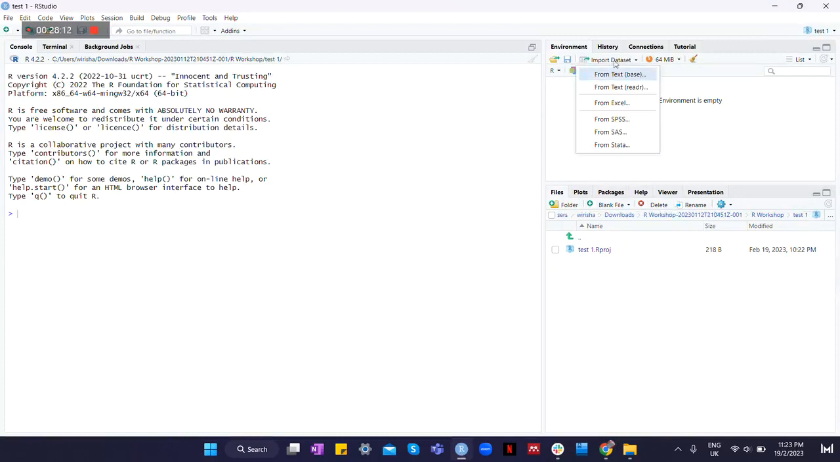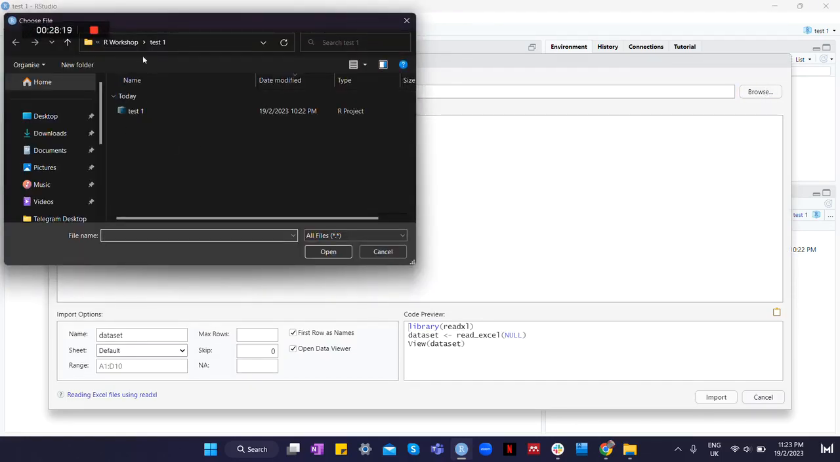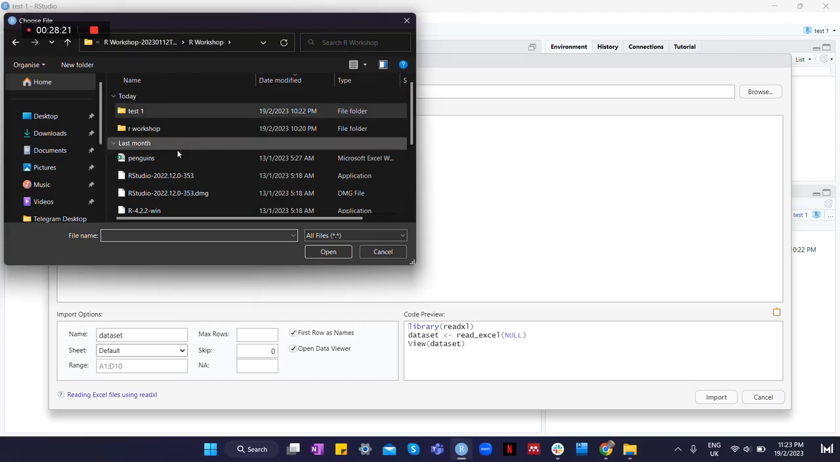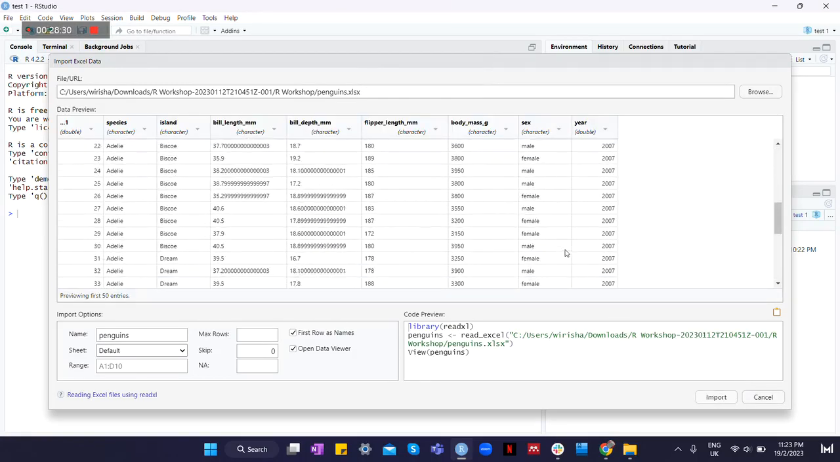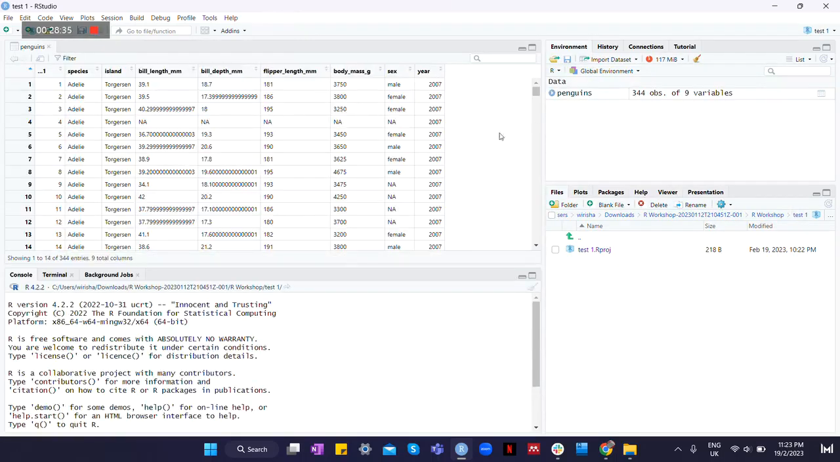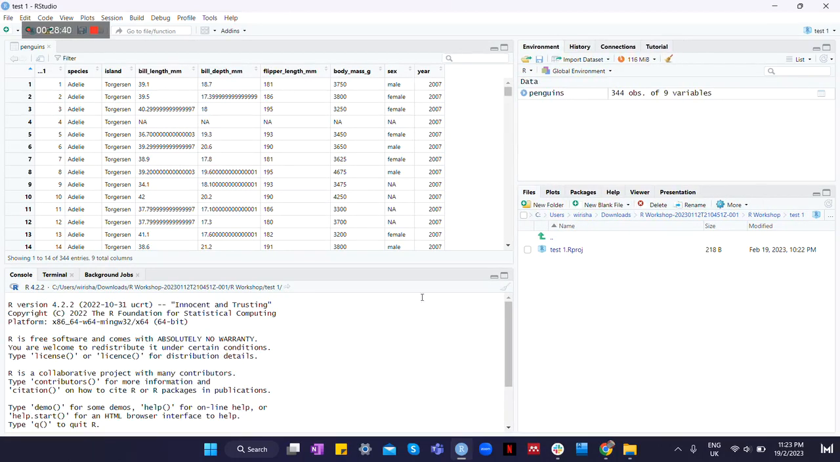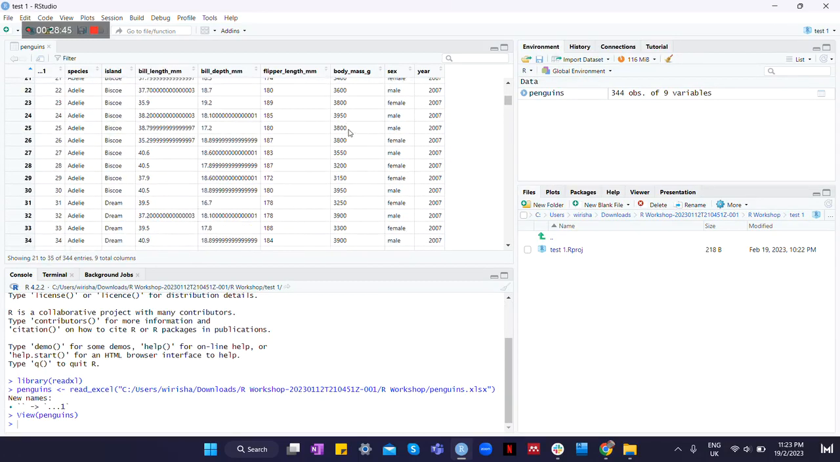Just give me one second. Okay, got it. Cool. So I've just copy pasted the path. So this is the path, and the file name is, let's say if this works,